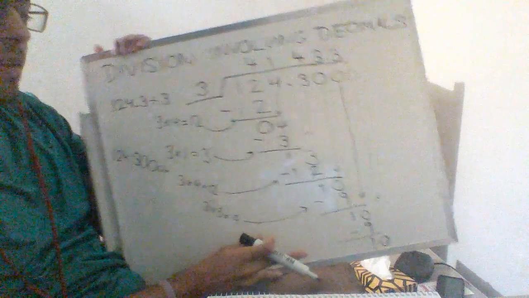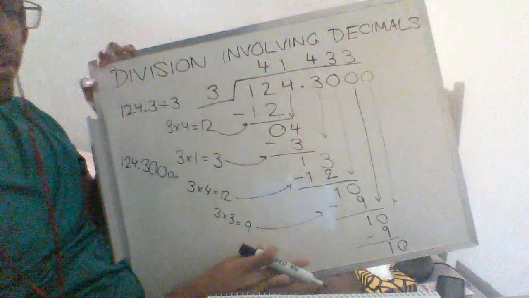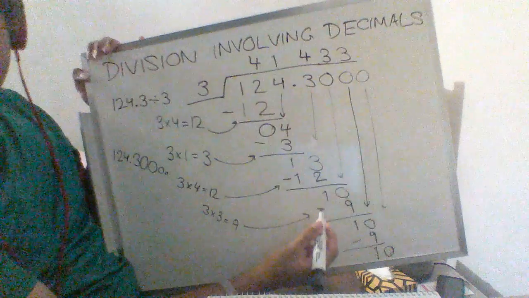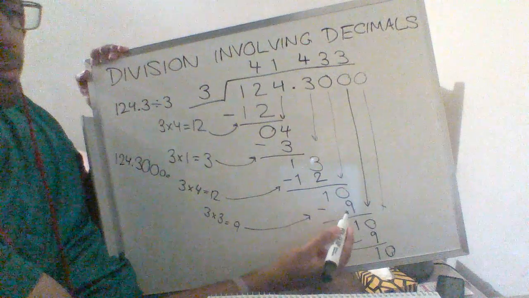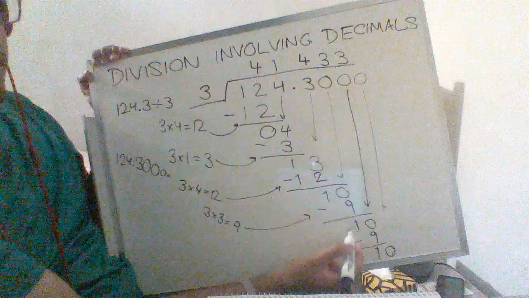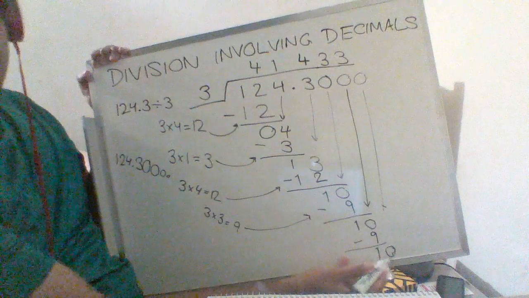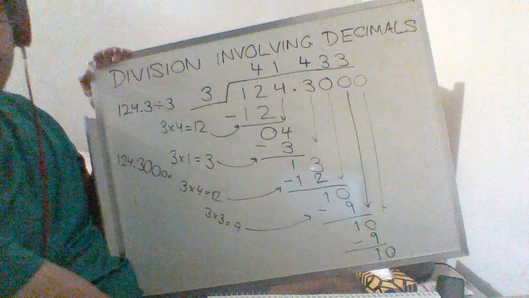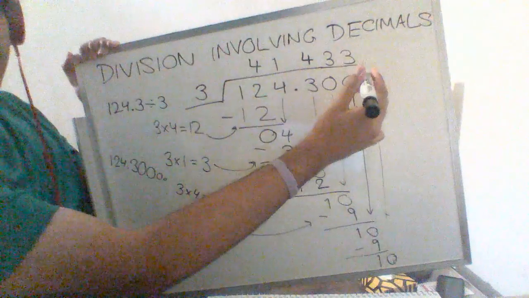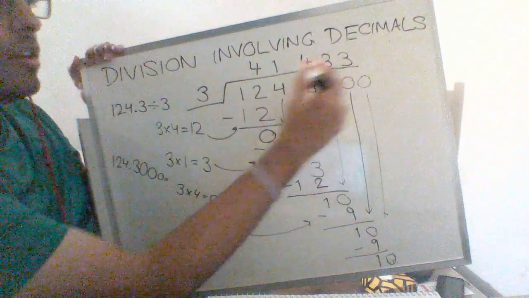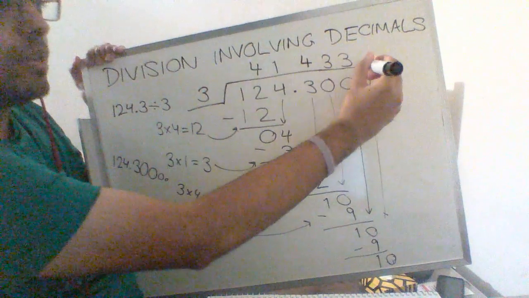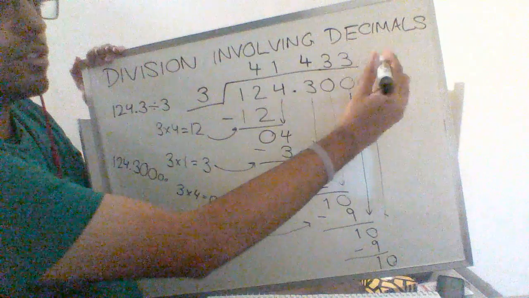So once you notice that pattern, you might have to go through it 3 or 4 times to notice the pattern, but you can see here that suddenly we've got 10 minus 9 is 1. Bring down a 0, 10 minus 9 is 1. Bring down a 0, 10 minus, and it's going to just keep going on forever. So we can have confidence in saying that up here, we have this 4, 3, 3, and that those 3's are just going to